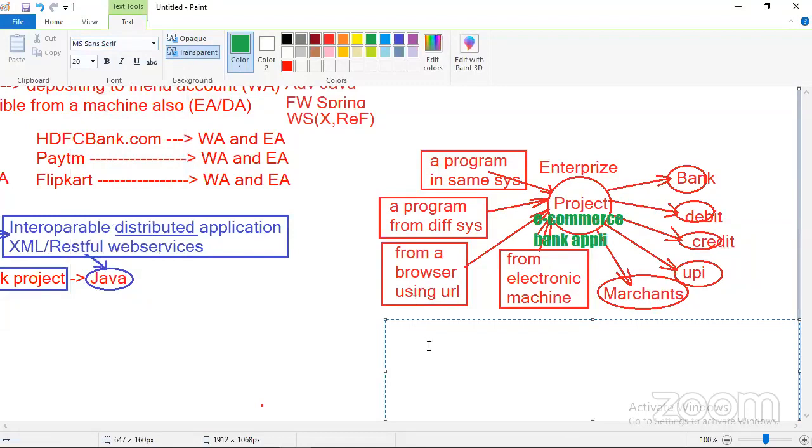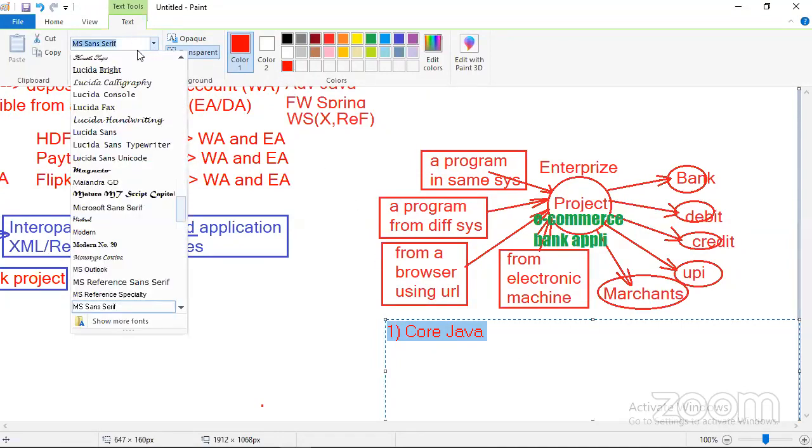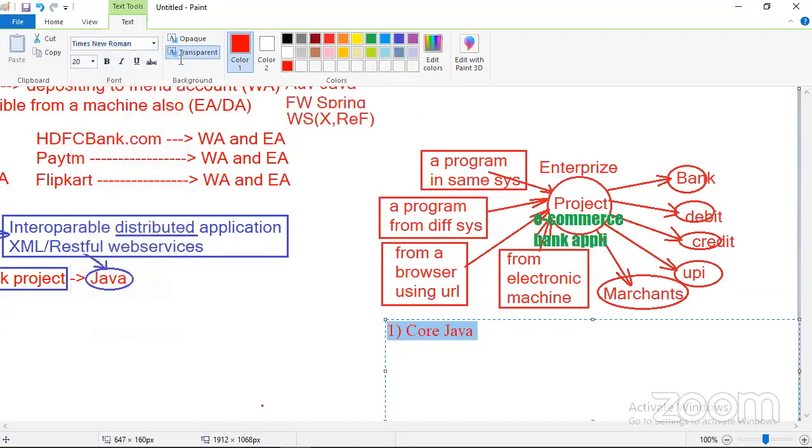Every enterprise application uses, number one, core Java, compulsory. Number two, advanced Java technologies.